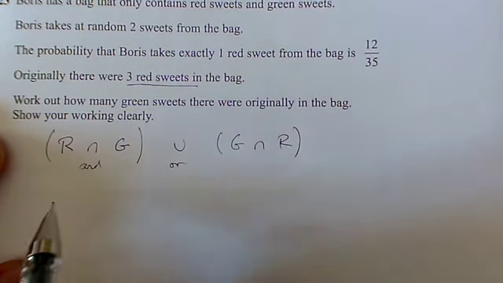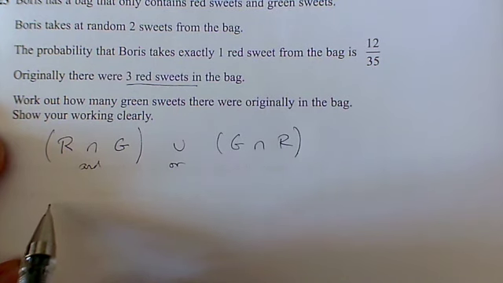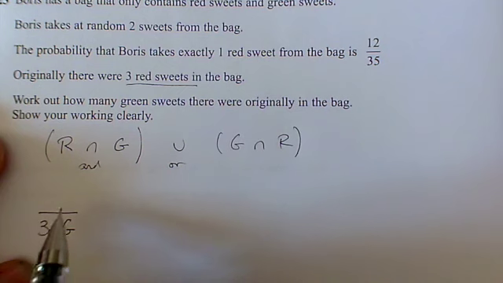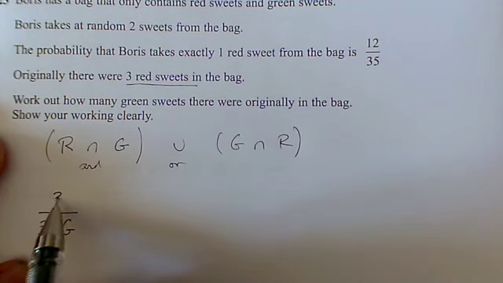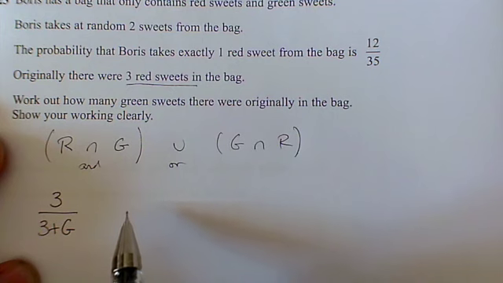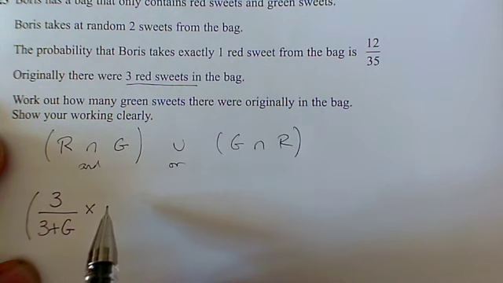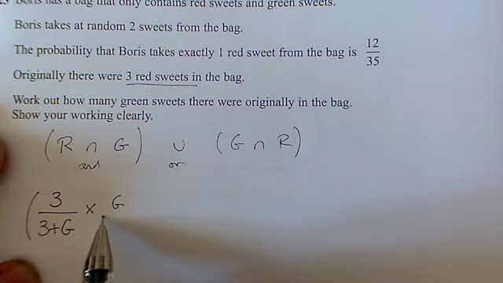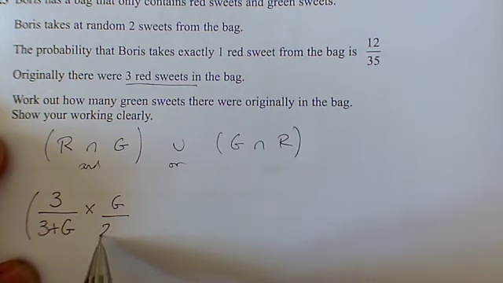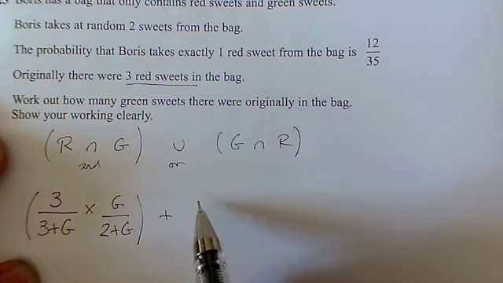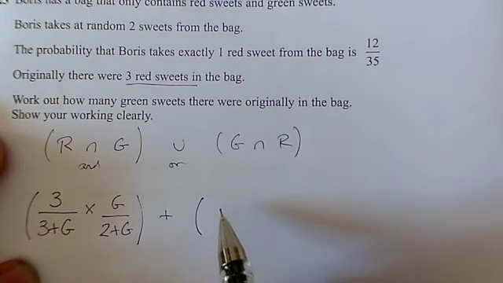Okay, so we've got to work out these probabilities. What's the chance of getting a red and a green? Well, there's three reds to start with, and how many sweets in the bag? There's 3 plus G. So I reckon there's 3 chances out of 3 plus G, and then a green one, so "and" means times. So now we have G green sweets, and 2 plus G sweets in the bag. Or we could take a green first, in which case it's G out of 3 plus G,